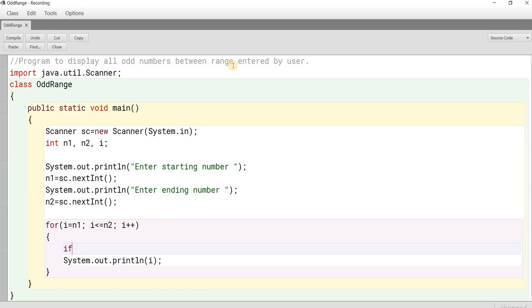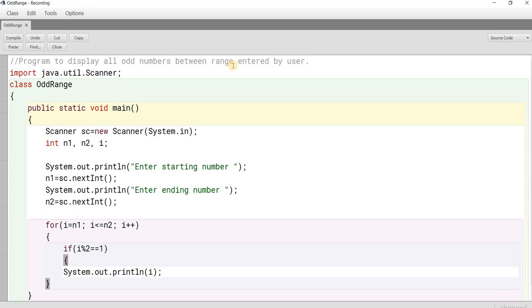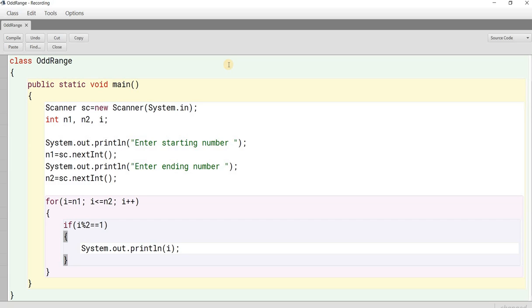So I am writing if, i is a variable which is holding all the numbers at a time. So i mod 2, what this will do, it will divide the number and calculate the remainder. If that remainder is 1, then the number is an odd number, and if this is happening, then and only then I will print i, otherwise I will not print i.